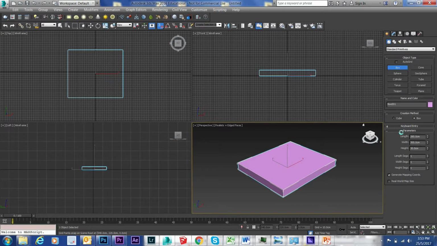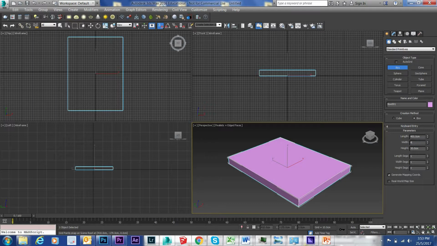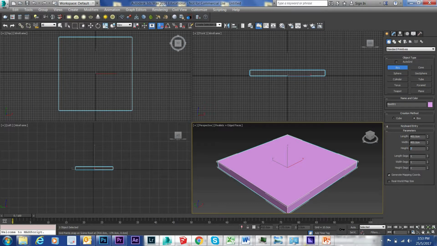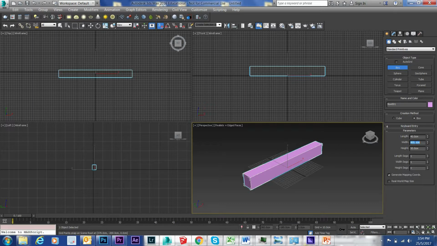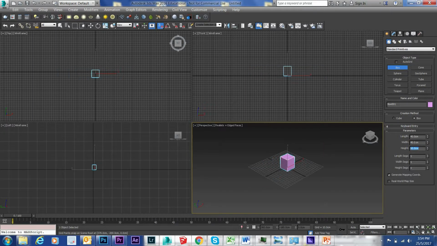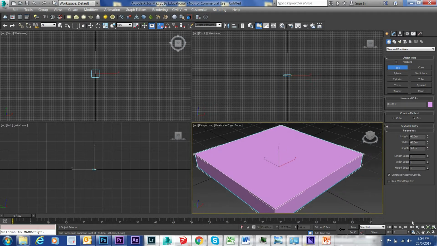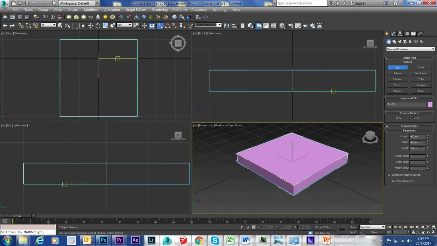So what I'm going to do now is go into the parameters for the box, and I'm going to bang in a value of, let's say, 400 for the length and width, and the height, let's set this to 50. Okay, actually that's enormous, isn't it? I've just realized I'm still thinking in millimeters. So let's change that. Sorry, let's take a 0 off each of those. So that'll make that 40 and 40 and 5. Yeah, so same proportions actually, but let's zoom extents all, and now we have